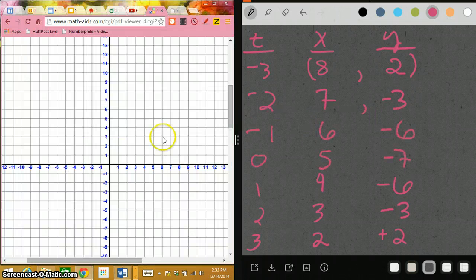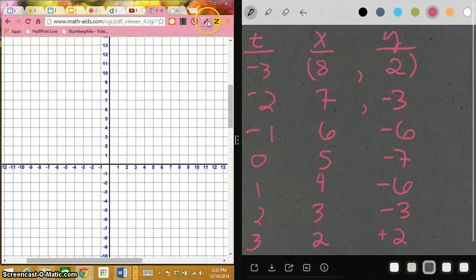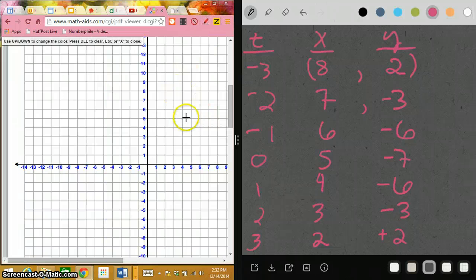So let's see if we can graph that here. Let me see if I can work this pen. We're going to start with 8, 2. It's hard to put a little dot there, but you can see that. 8, 2, and then 7, -3, 6, -6,